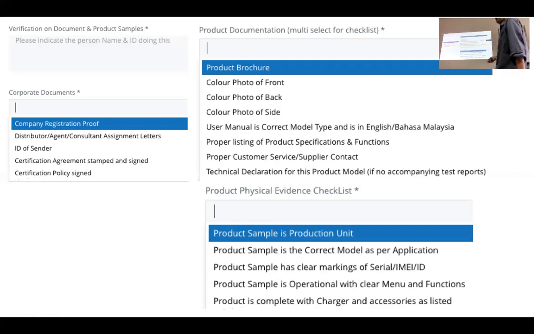Dia nak save cost lah. So Malaysia punya side, dia ambil yang factory unit yang memang tak penuh functionnya kasih you lah. Okay, but actually cannot, it must be commercial unit. It must be complete with charger and accessories as listed. Nanti dia dalam kotak tulis ada ini, you check kotak tu mesti ada lah. Jangan tak ada.